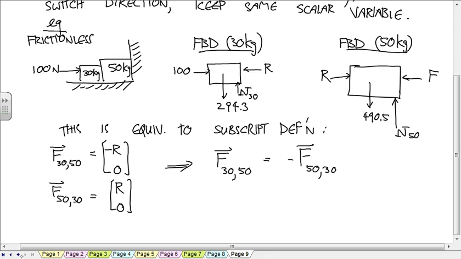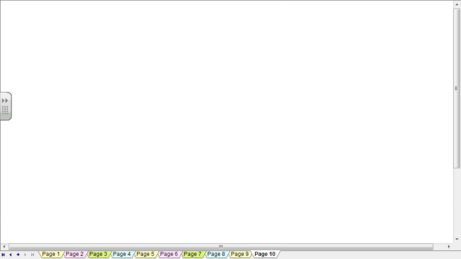Here's an example that comes up pretty often. It's sort of a paradox, a thing that can sometimes be confusing in thinking about Newton's third law. Okay, so say you have